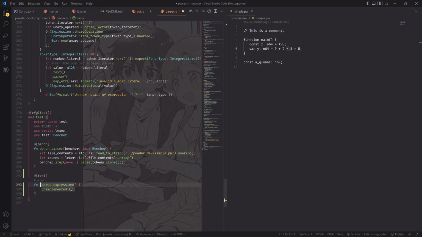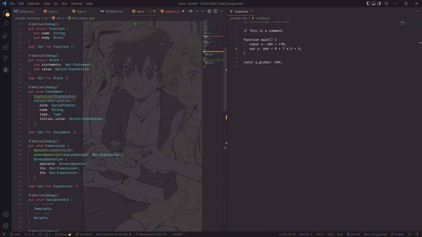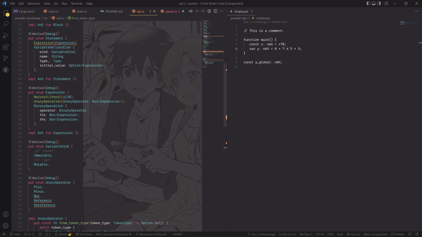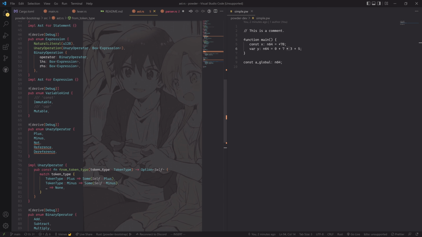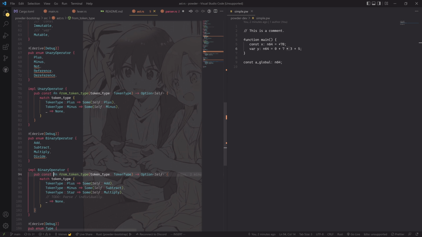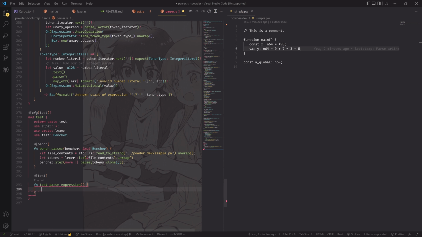Expressions. Test parse expression. So I think what we'll do is actually write a quick little AST walker evaluator, just so that we can evaluate, that's much simpler. Then we can just give it something to parse and tell it what we expect as a value. Okay, so